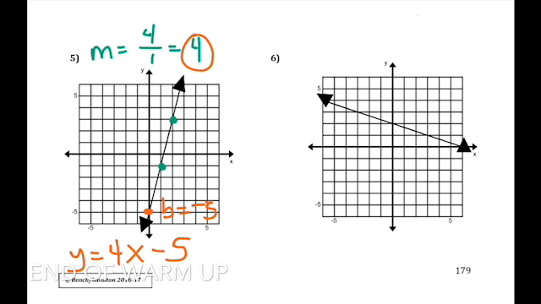I can see that this is a negative slope, but I need to find out negative what. So I'm going to choose 2 points, and again I'm starting on the left, and I'm going to rise negative 1 and run 3. So my slope is going to be rise over run, and so that's my slope. I can also see that my y-intercept is 2, so that's the b. So y equals mx plus b,